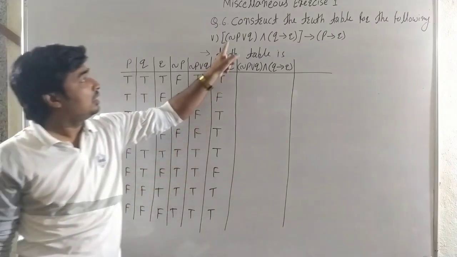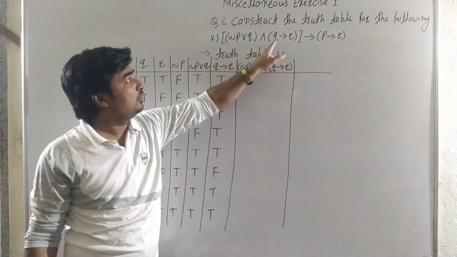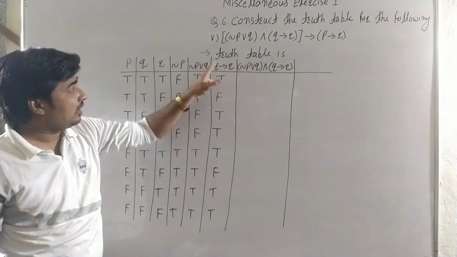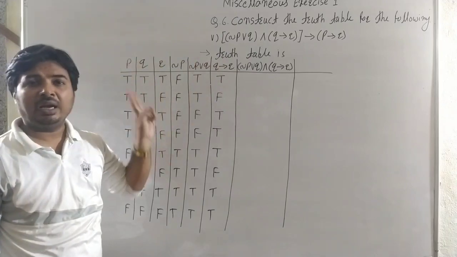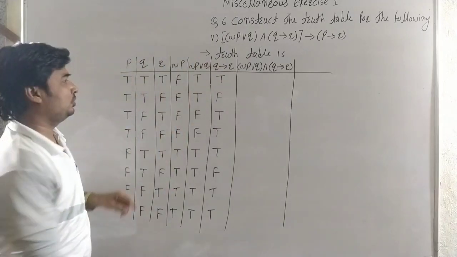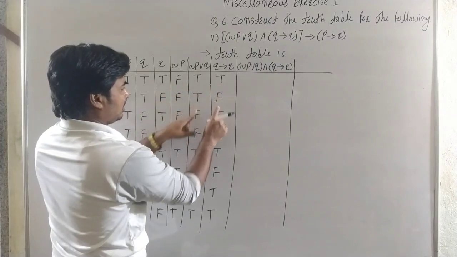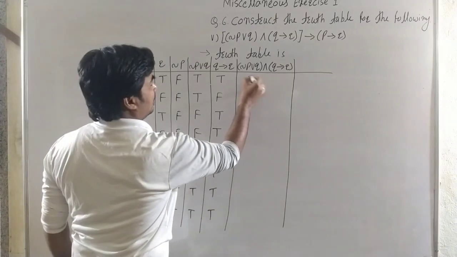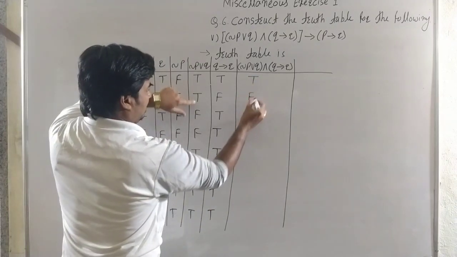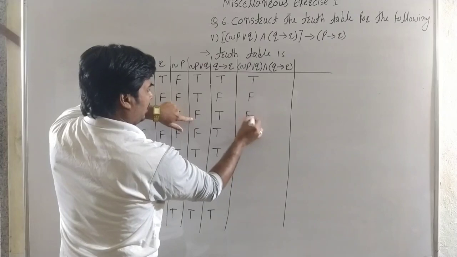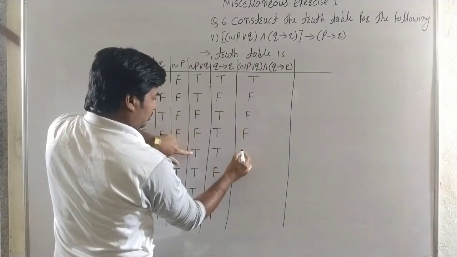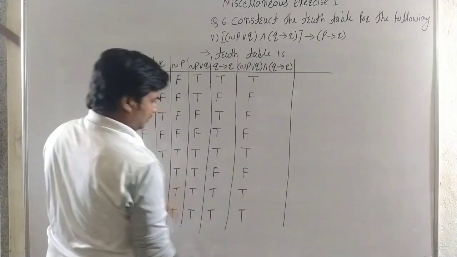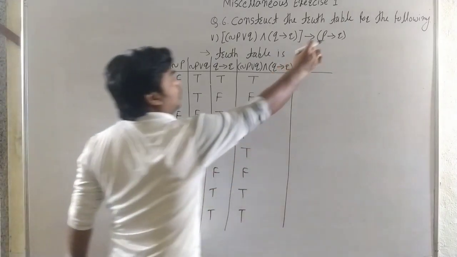Now we want to find the negation P or Q, and Q implies R. It is negation P or Q and it is Q implies R. And of these two statements: AND means both are true, then the result is true. Okay, here it is true, false, false, false, true, false, true and true. That means true, then false, false and true, false, false and true, false, true and true, it is true, false, true and it is true.